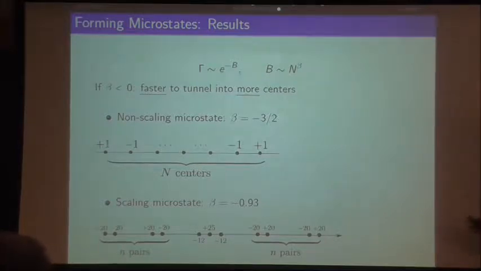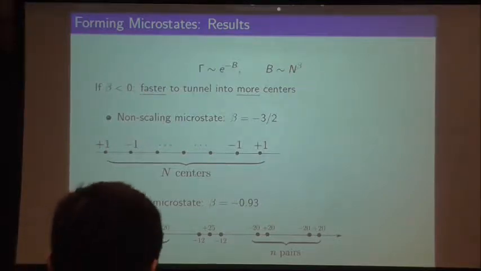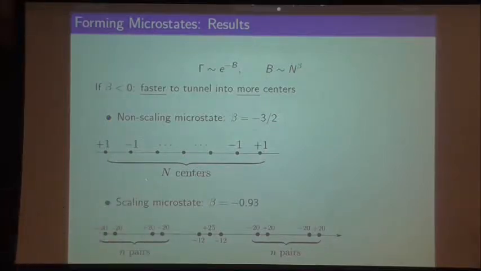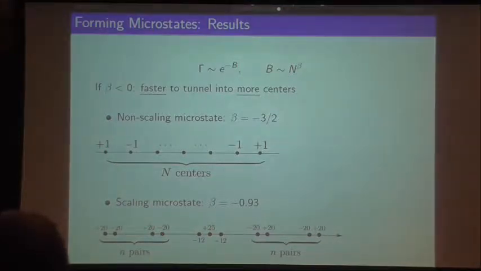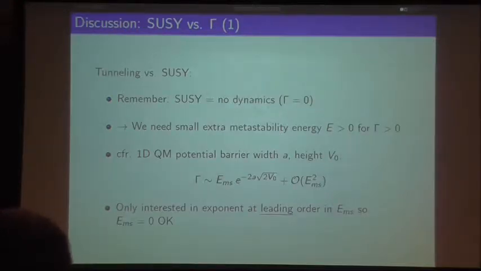So our intuition is that this beta exponent probably will not become larger than 0 for any other class, because in these classes of scaling and non-scaling, these are pretty general solutions. But because they're not the same, we can also say that it's clearly not a universal property. This beta is not a universal property. So we're not really sure that for every given class of microstate, we're going to have a beta smaller than 0. That's definitely true.